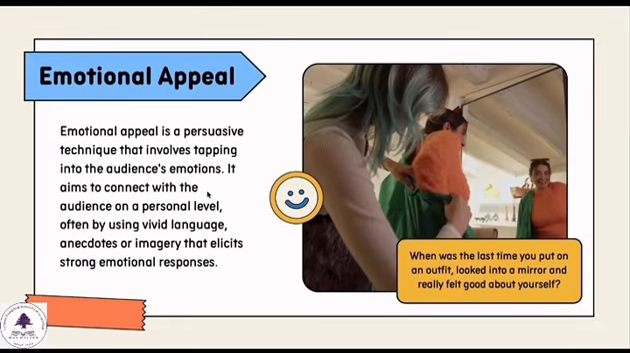Alright, so the emotional appeal is a persuasive technique that involves tapping into the audience's emotions. You have to let them feel a way, and it aims to connect with the audience on a personal level. So they have an issue, and you are facing the same issue, so you need to talk about it in public, or publicly. So, when was the last time you put on an outfit, looked into a mirror, and really felt good about yourself? So, this can be a hook